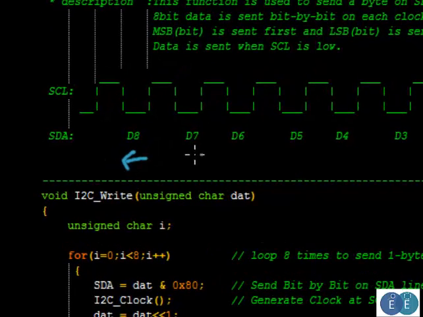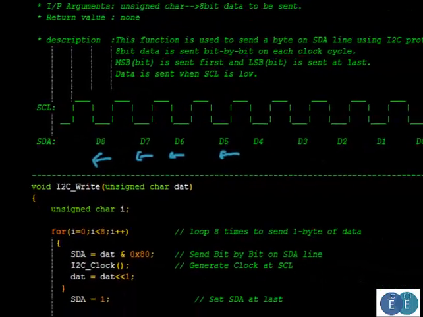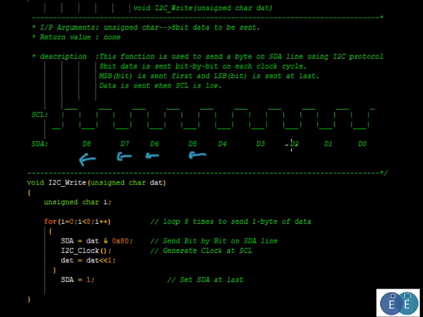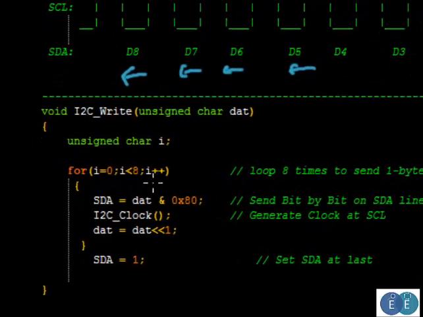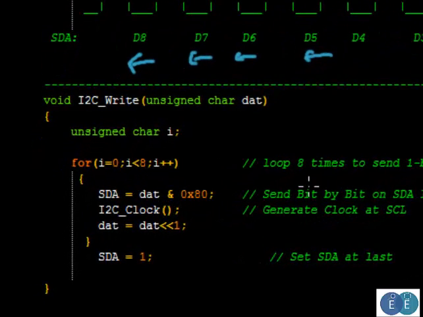D8, the MSB goes first, then D7, D6, D5, D4, D3, D2, and all the 8 bits. So to do that, we loop from 0 to 7, which is i less than 8. So this does it 8 times, and whatever data we need to transmit is taken and ANDed with